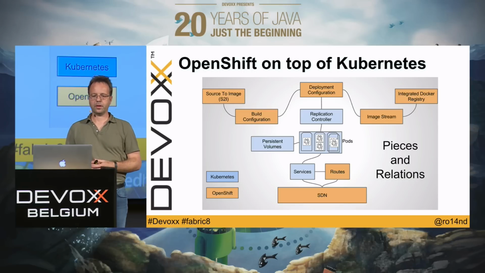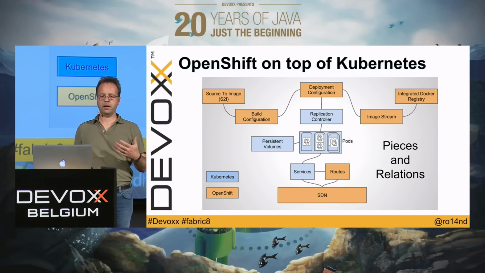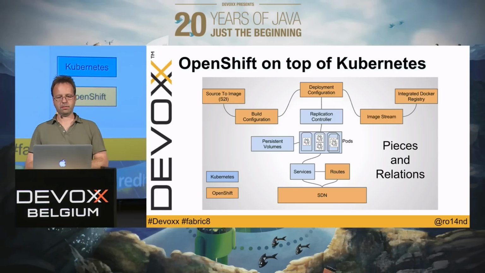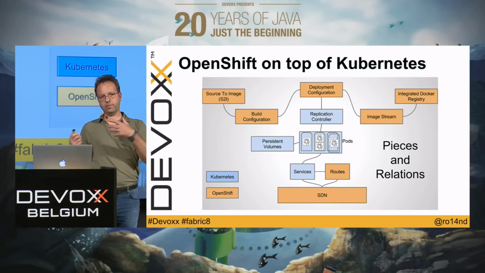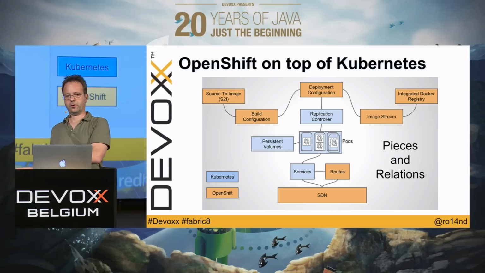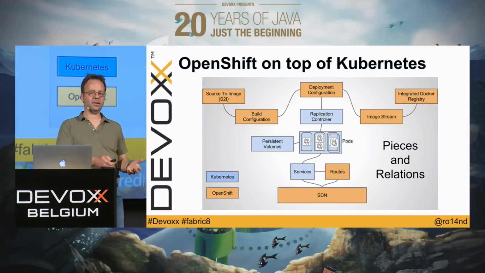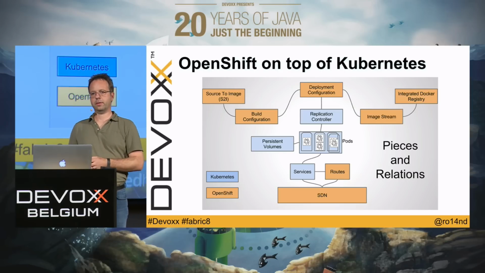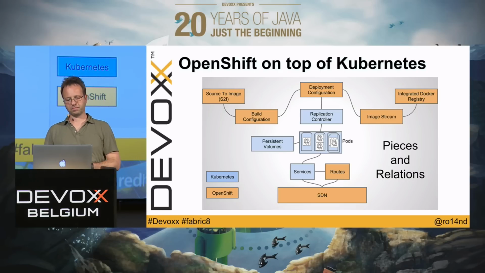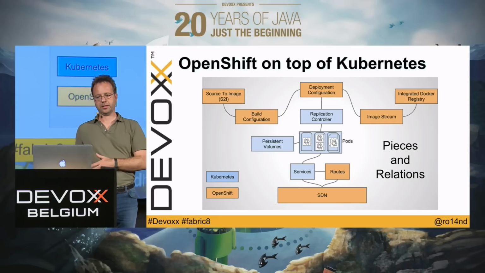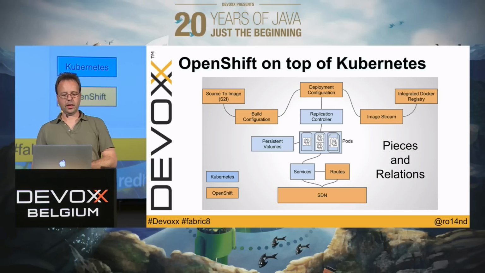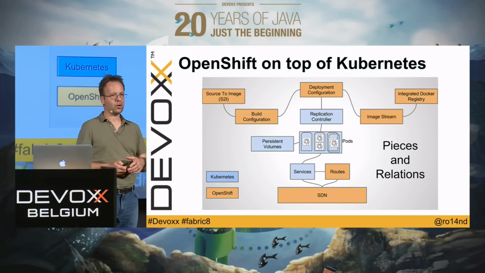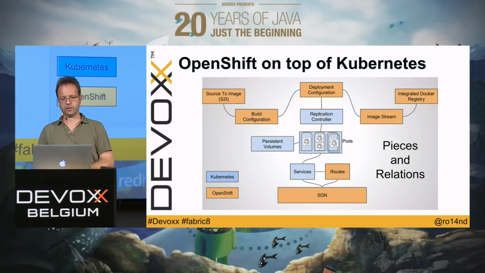And OpenShift adds the build aspect more or less to this picture in order to provide a complete platform as a service. So OpenShift knows how it gets your source code into executable images. It knows how to deploy them, how to do rolling updates. It has also an internal registry which can be used to pull your images into, and also some routing to the external thing which can be used for OpenShift.